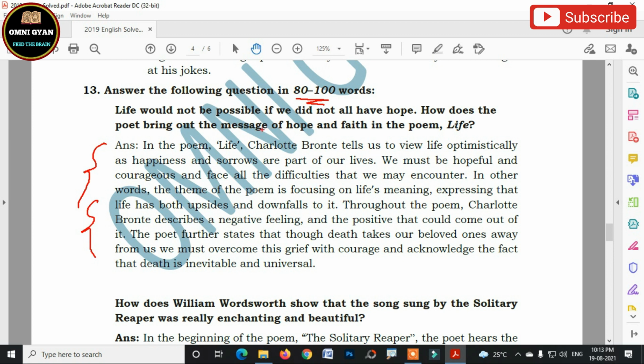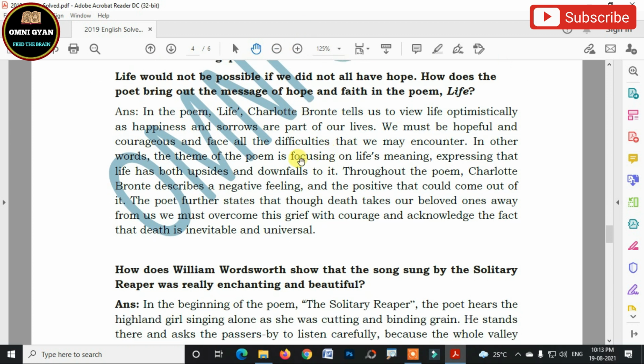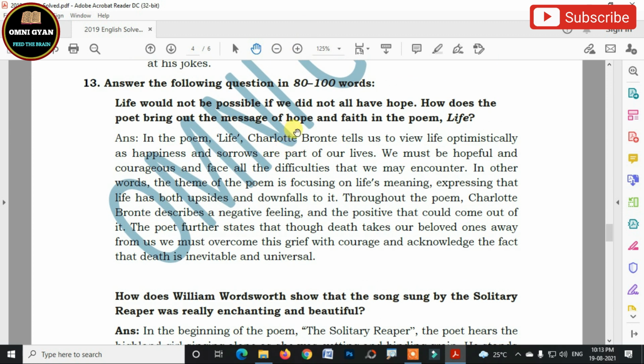So this is basically the message of hope and faith in the poem. This is basically the summary of the poem. If you study the summary of the poem Life, what happens is that the same questions are asked again and again. What did the poet speak on rain? What does the poet speak on life and death and sorrow? What is the message in the poem? Similar kinds of questions are asked. So if you learn the summary of the poem Life, and if you watch the video also,